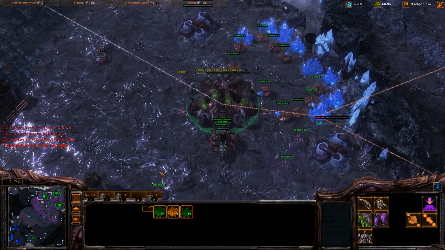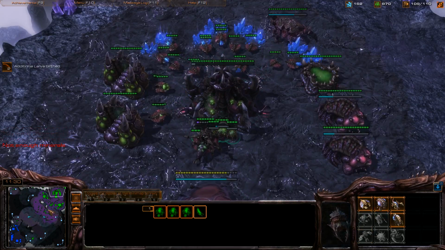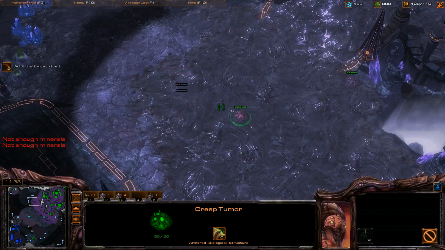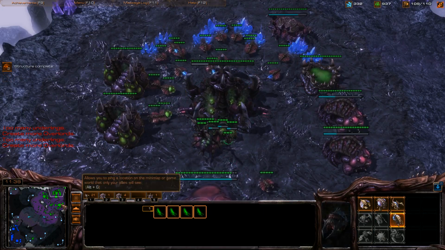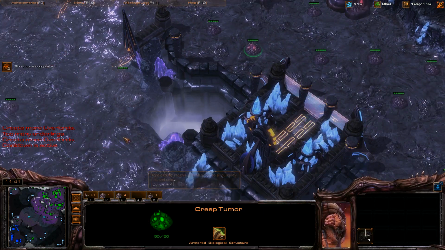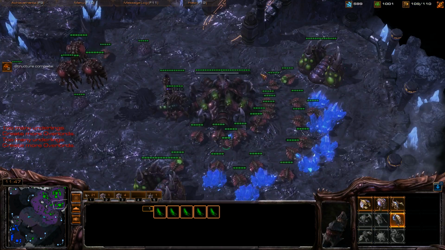So let's now get overlords across these hatcheries, which is now popping up more lava. And then with pathogen glands on the way, we can immediately go for infestors. So we can pretty much start them now. So let's start them now as soon as these overlords pop. Creep spread is connecting across the map. And now just build